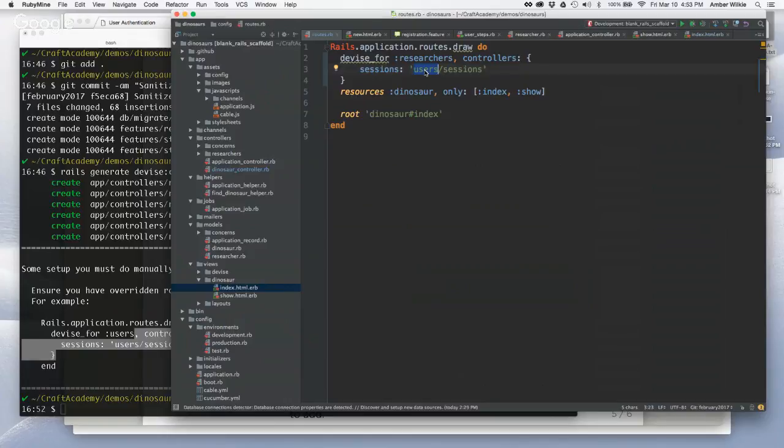It should have put them in researchers, yes, and registrations. So we're going to keep sessions exactly as they are. We want to change the sign up path after login. So what we've done here is we've said Devise for researchers by itself is going to take us to the libraries controllers. What we're saying is instead of going there, go here. Go to this